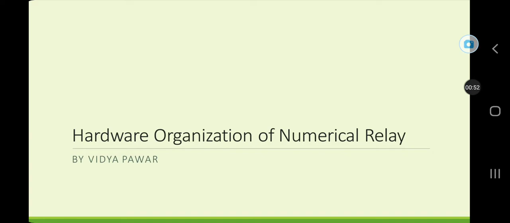The online computing device is a fast-acting microprocessor or digital signal processor. The entire operation from data acquisition to decision making can be completed in about 20 milliseconds, that is one cycle. The relay operates on inbuilt software, which includes the settings governed by the relay tripping logic. These settings can be set by communication channels from local or remote or human machine interface.